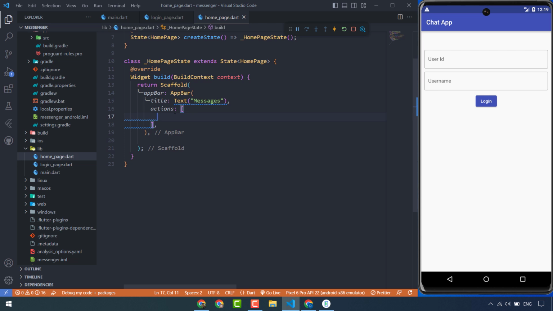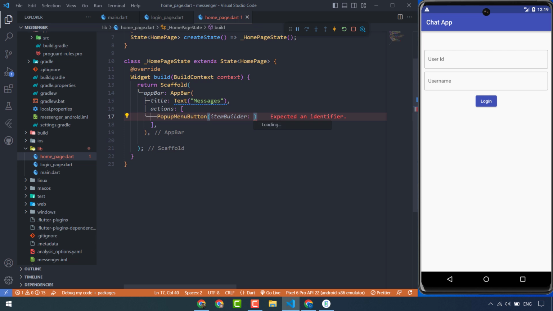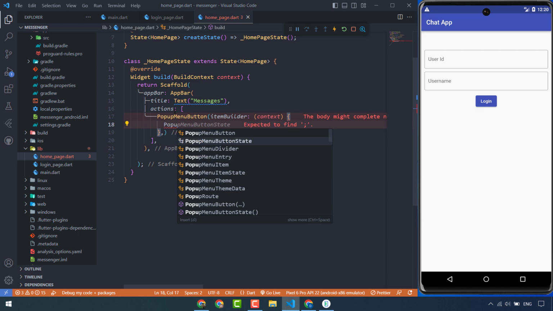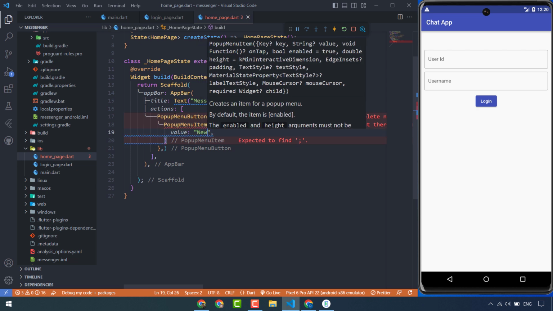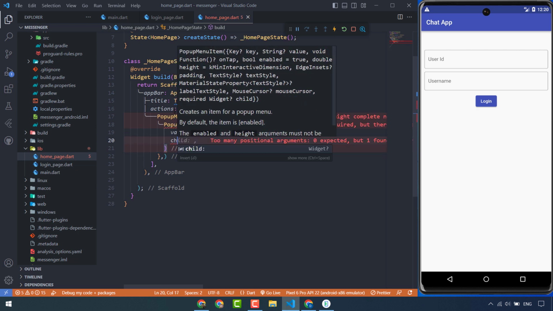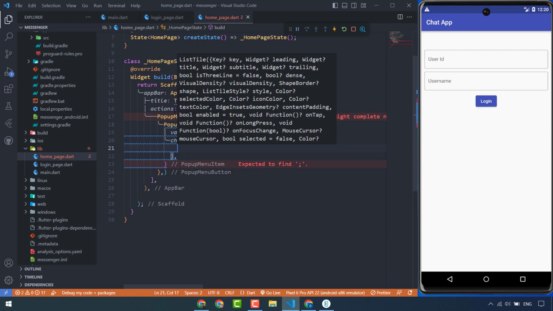So you will use actions button. So actions, and we will use a pop-up menu button. So item builder, and we will return pop-up menu button. Pop-up menu item, and value will be new chat, and child list tile,